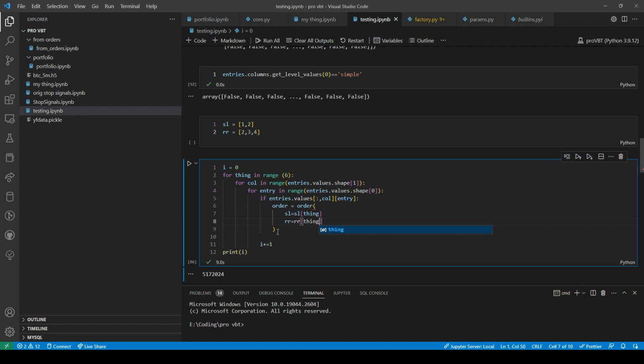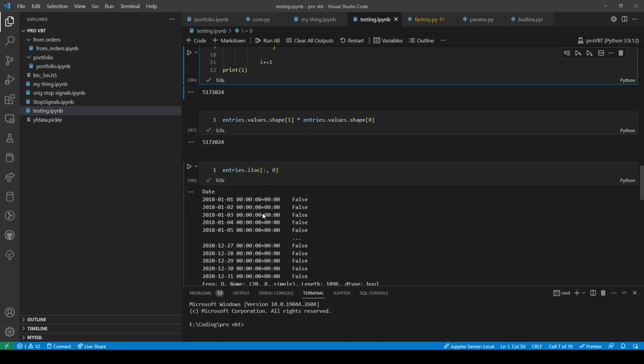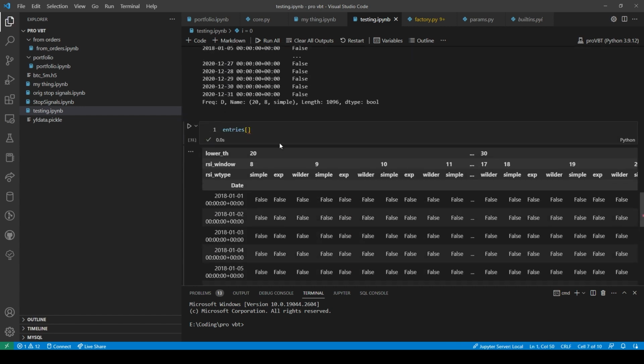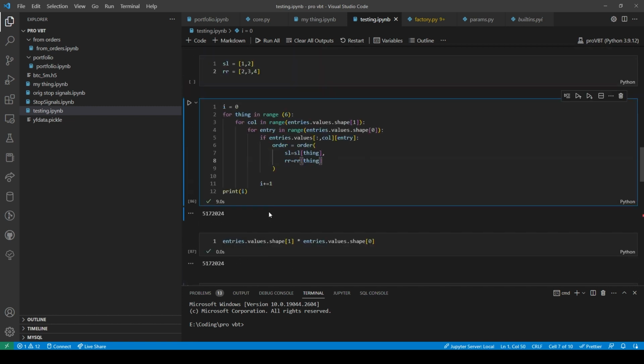And so this will generate a whole bunch of orders. And we'll process all of that stuff. And then when we're done with this, we'll go over to the next column, which would be this one, and we'll test that. And we'll just keep looping through that over and over until we are done. And the price would be the open, high, low, close.